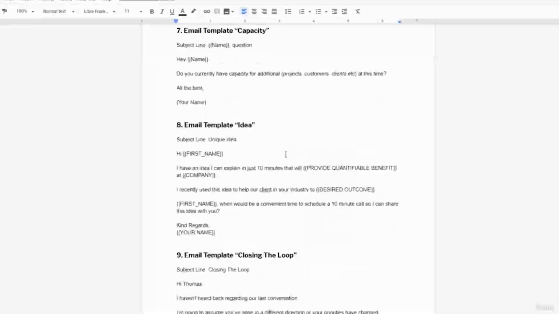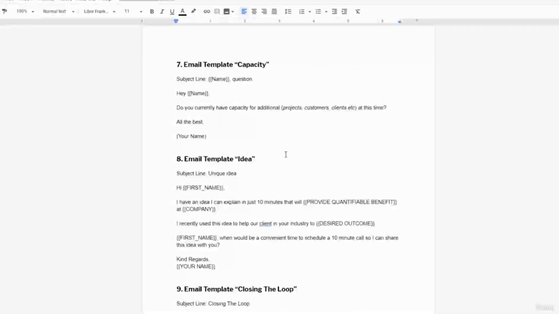Number 8, subject line, unique idea. Hi, first name, I have an idea I can explain in just 10 minutes that will improve whatever result you're providing at XYZ company. I recently used this idea to help X client in your industry achieve XYZ outcome. Now you have to have a case study here where you can show the quantifiable results, right? And then first name, when would be a convenient time to schedule a 10-minute call so I can share with you